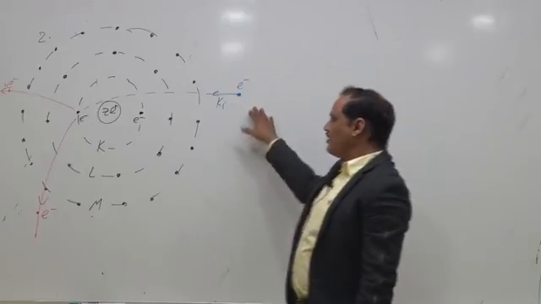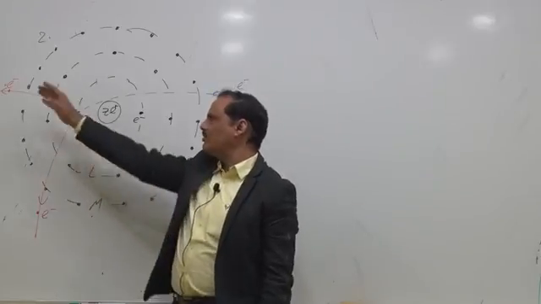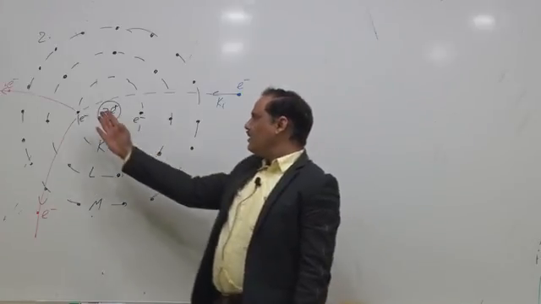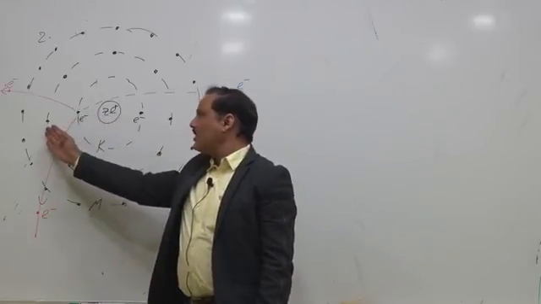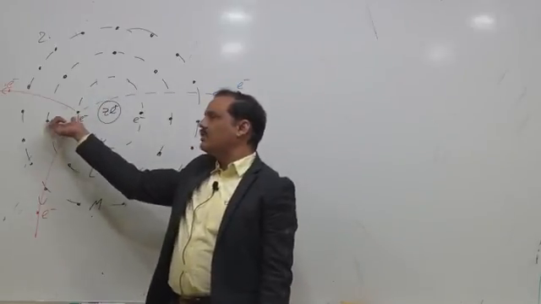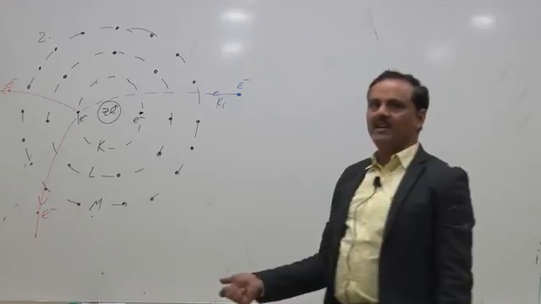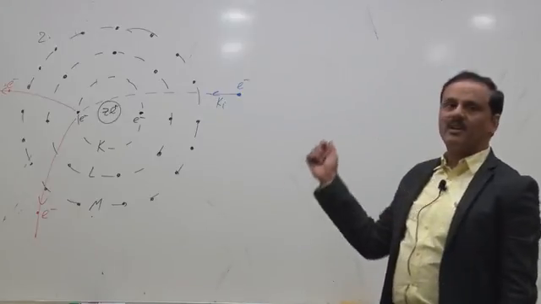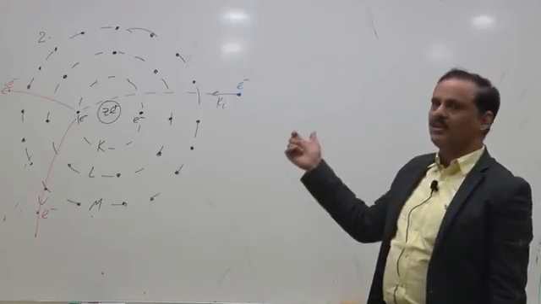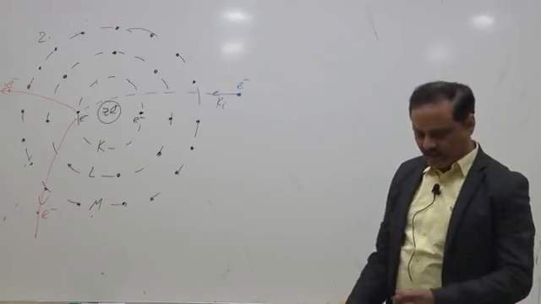When the bombarded electron goes very close to an orbital electron, the orbital electron comes out along with the bombarded electron, creating a vacancy in the inner orbit. In this situation, an electron from the outer orbit jumps to the inner orbit and emits a photon of energy equal to the energy gap. By the energy of this photon, the energy gap can be identified, and by the energy gap we can identify the target element. And as the energy gap tells us about the target element, the material of the target, that's why this X-ray is called characteristic X-ray.